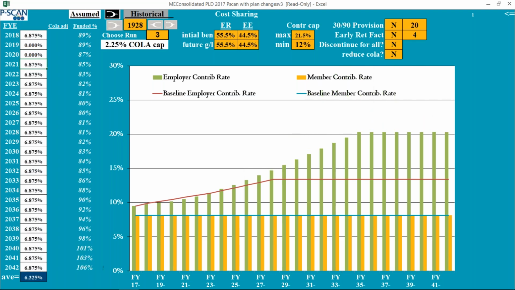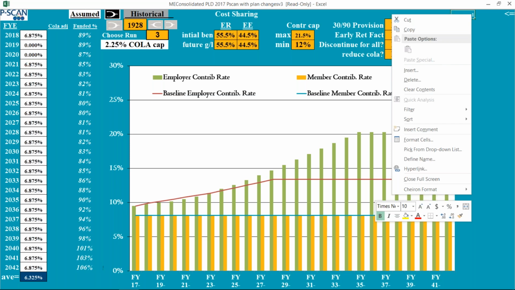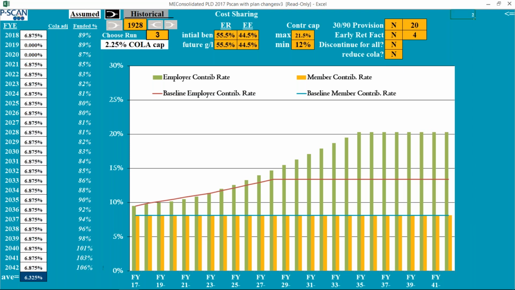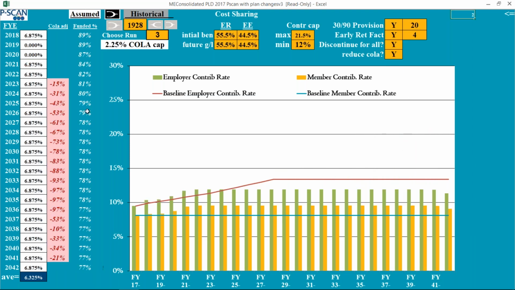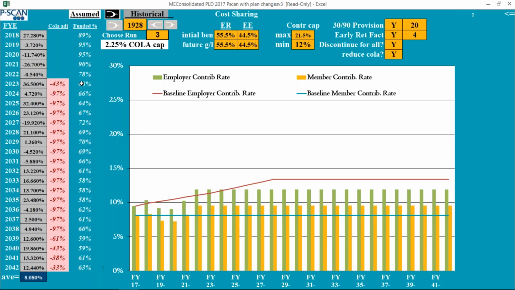And again, this is an example of stress testing where you can play with different returns, and we see the employer contributions go well above where they expected. But if we put in the changes that they implemented, now under this scenario with two bad returns, we've got significant COLA reductions. But what I'm going to do in this stress testing is pick a period in history, 1928,